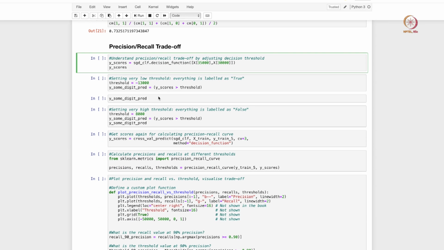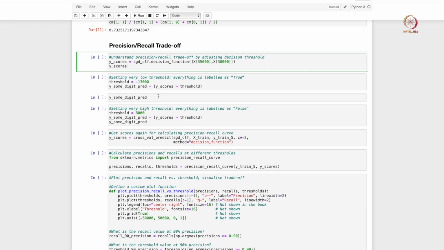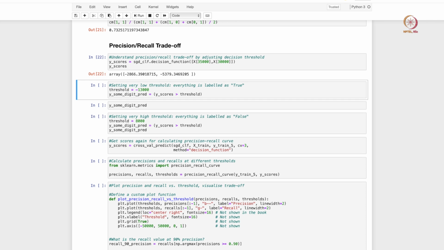Okay. Now let us try to understand the precision recall trade off for the model that we had just trained. So we will use our stochastic gradient descent classification model. In order to understand what the threshold value is, there is this inbuilt function called the decision function. The decision function basically tells you what kind of threshold values it calculated for each of the data points that you provide as arguments within that decision function.